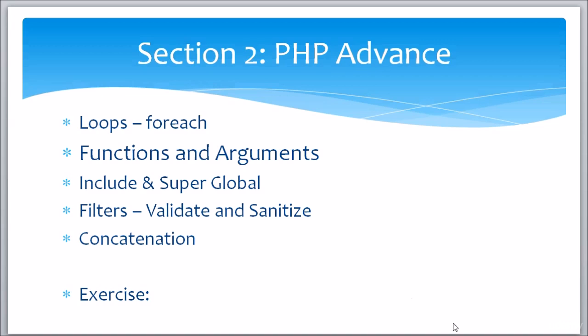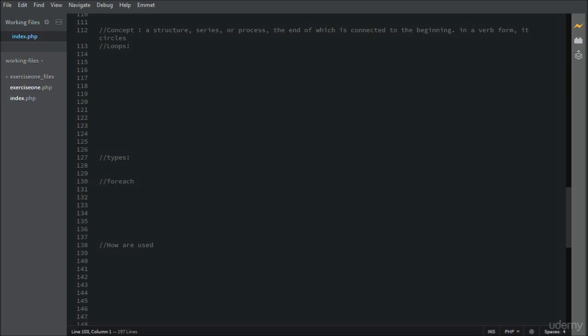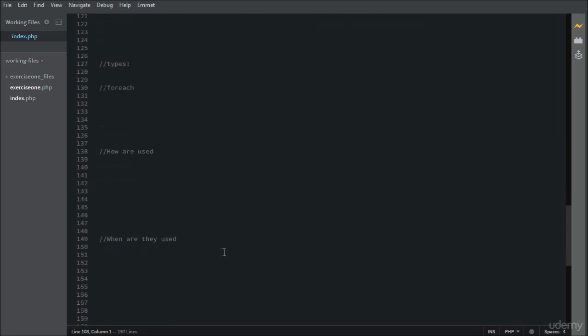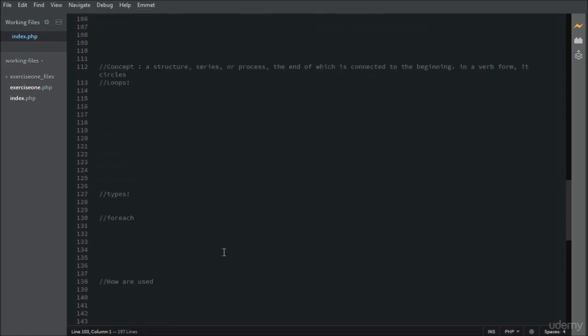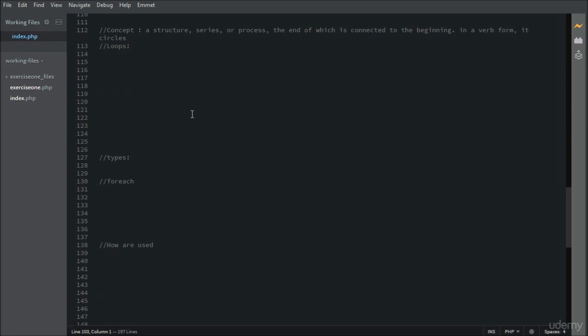Let's start with loops. Now, what is a loop? As usual, we're going to talk about the concept, then the types, and then how to use it and when to use it, right? Now, in our last couple of lectures, we talked about